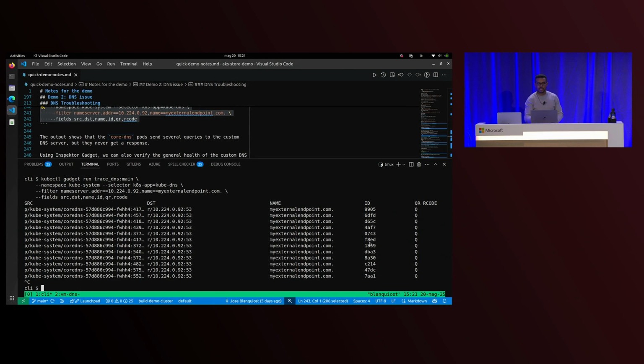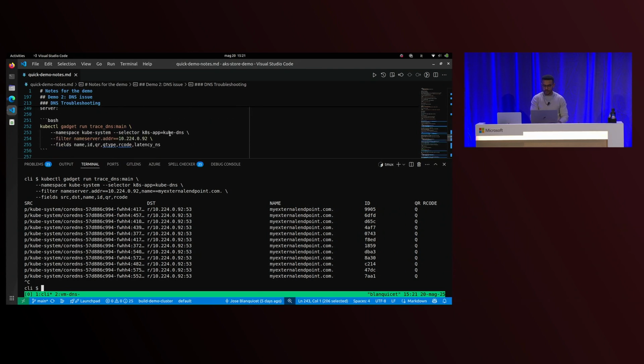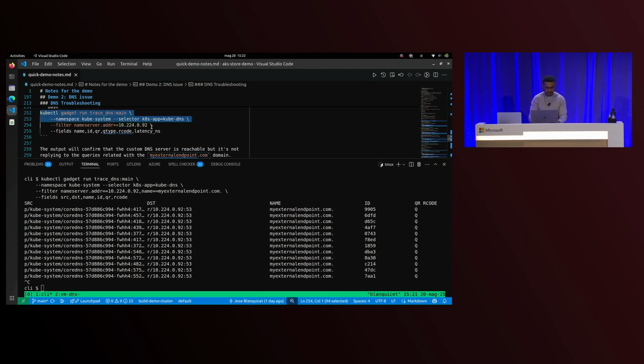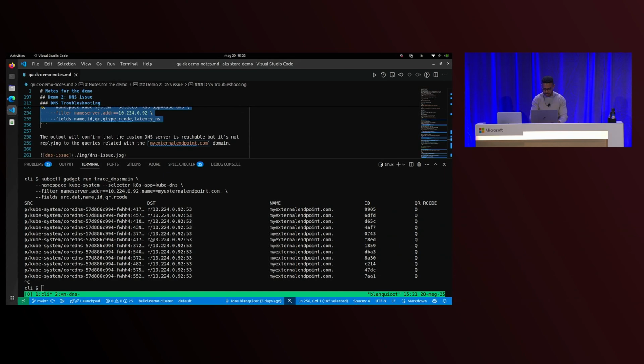These IDs are different queries, but we are not getting any response. So we were able to isolate the issue. We know that it is the upstream DNS that is not responding, and the kube DNS is generating by itself the response with the server failure that we saw before. Now, the question is: is the upstream DNS not working at all, or is it just a wrong configuration? What is happening?